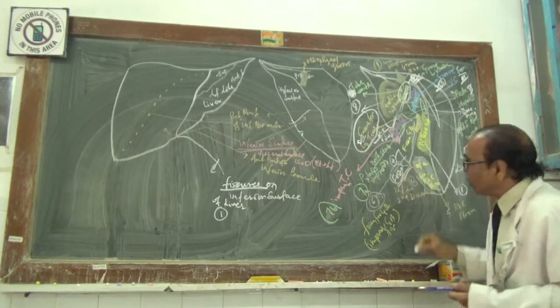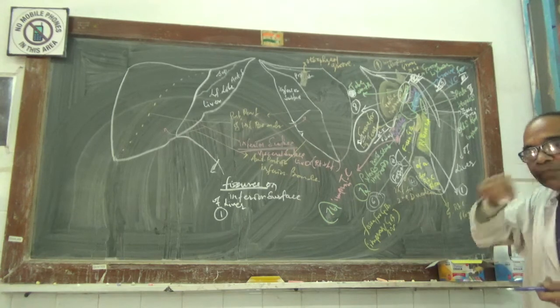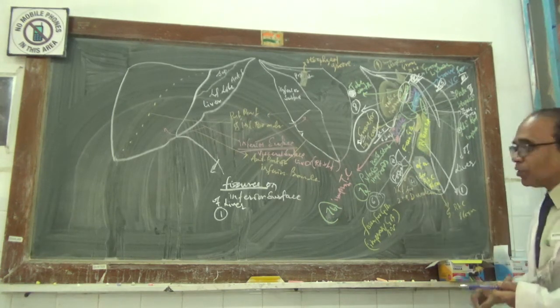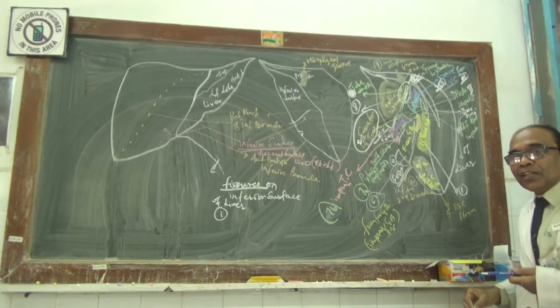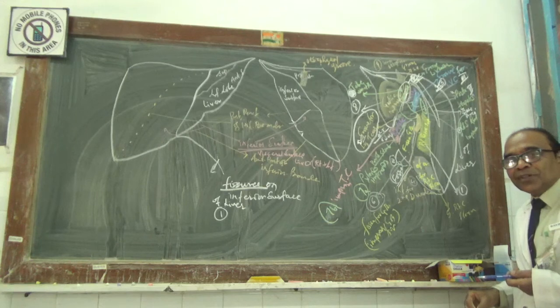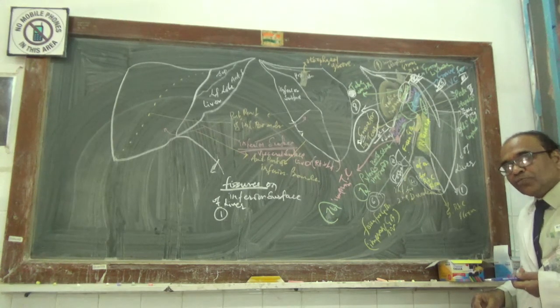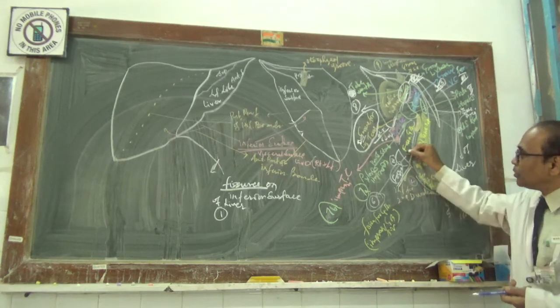Then you have got the fossa. Now this fossa, this is the fossa for the what? Gallbladder. The fossa for the gallbladder is the one which is formed by the neck part and the body part, as well as the small part of the fundus of the gallbladder, especially the anterior surfaces of the neck, of the body and of the fundus, a small portion of the gallbladder.